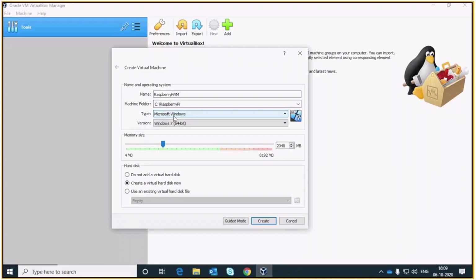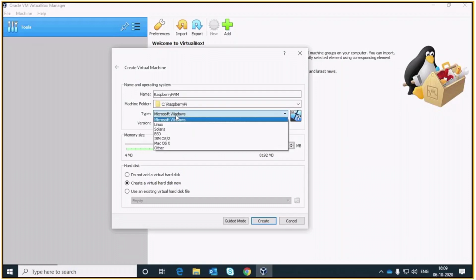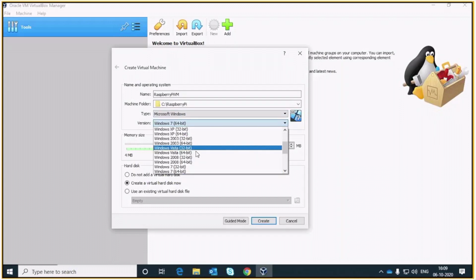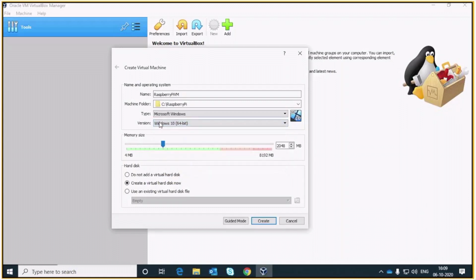So in my case it's Microsoft Windows. In some cases it might be others like MacBook or Mac OS, Linux, others. So select the appropriate base OS, host OS, and then the version of the OS. Currently it's Windows 10 64-bit for me. It could be different for you. Select the appropriate version.